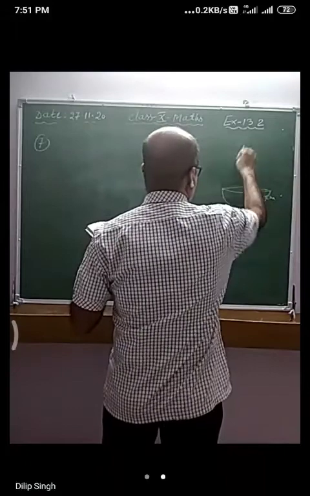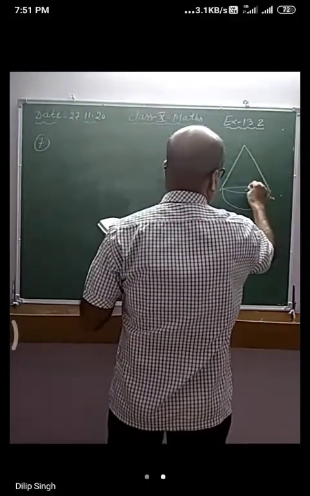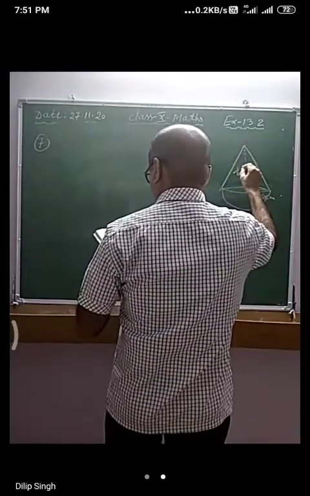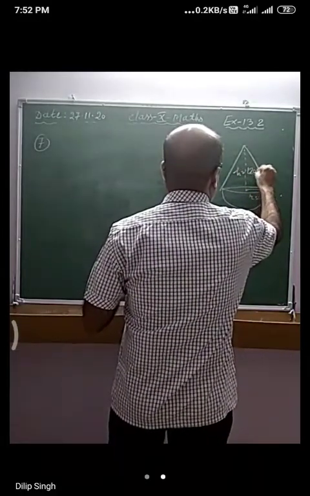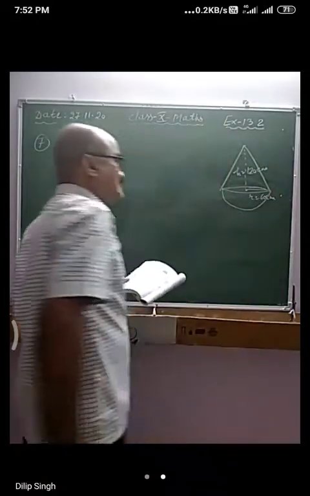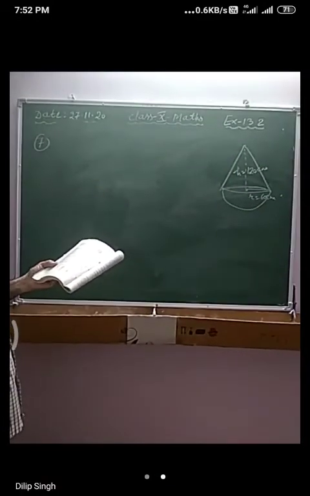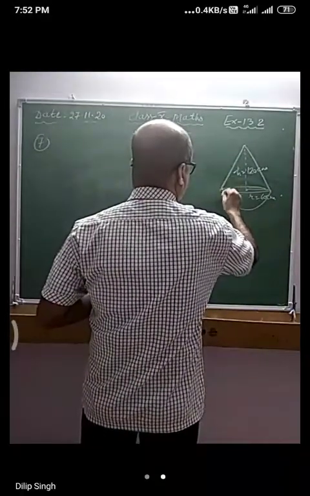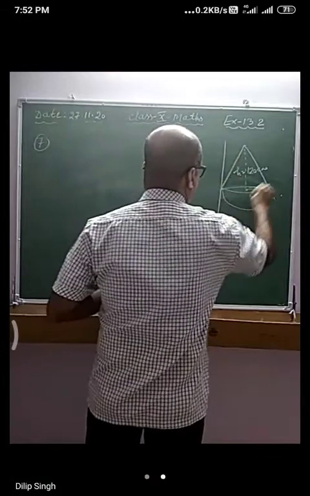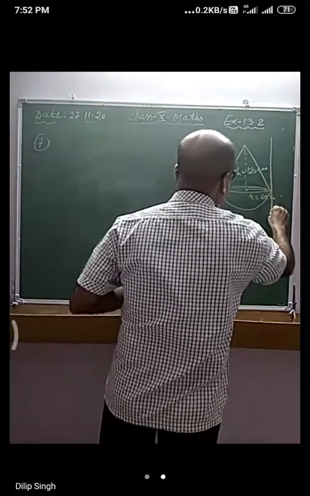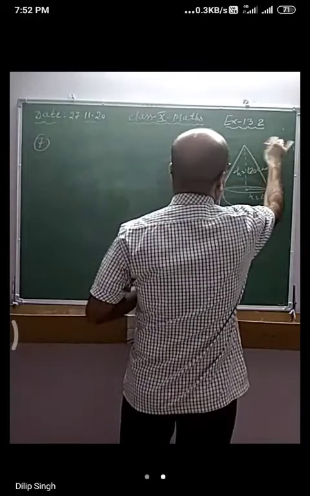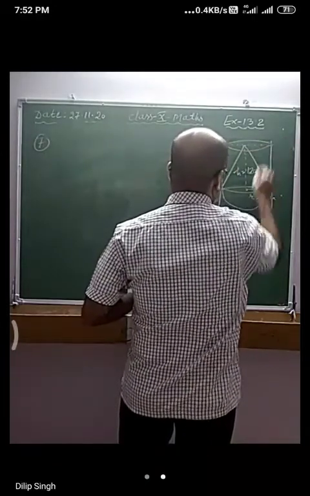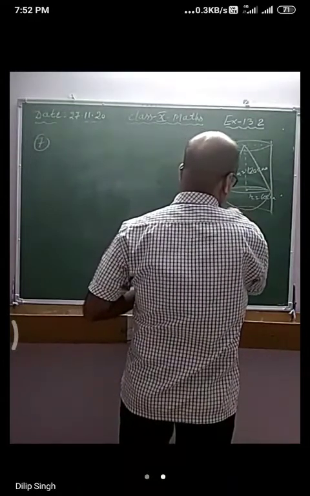Its height is 120 centimeter and having the same base, means radius is 60 centimeter, and this complete object is inside a right circular cylinder, right. This whole thing has been put inside a right circular cylinder,